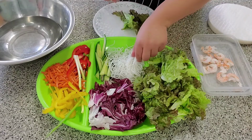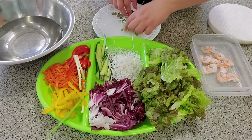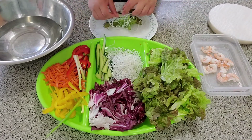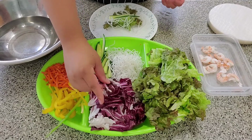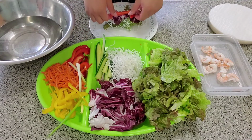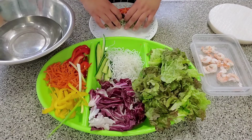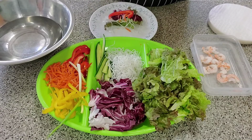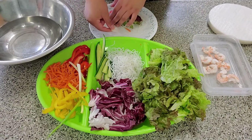There we go. A little bit of the noodles. Turn it this way. Some cucumbers, yummy, yummy cucumbers. Our radicchio. I'm gonna put just one red pepper in this time. And then what I'm going to do is with the shrimp, with this side down, we are going to place it